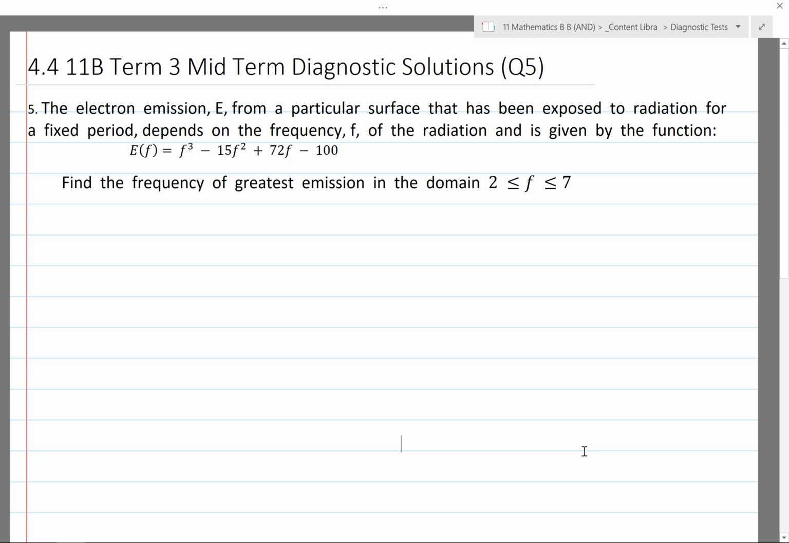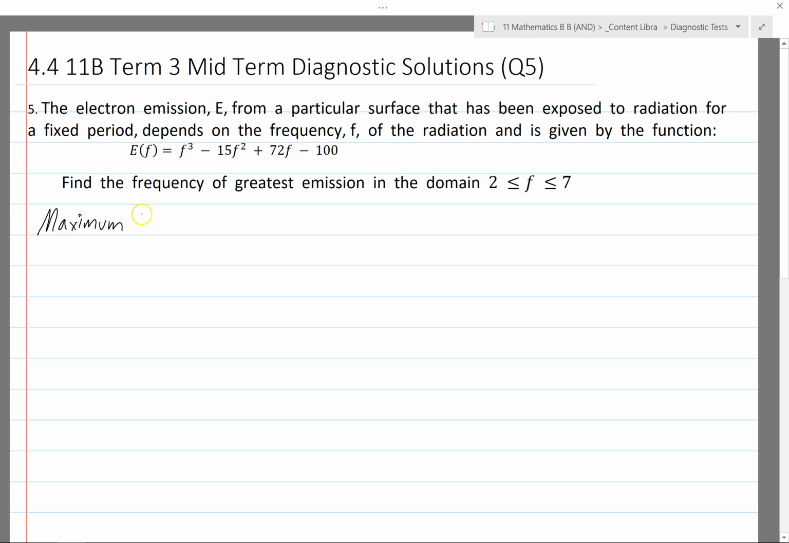A final question brings in a lot of your skills. Electron emission from a particular surface that's exposed to radiation. Here's your provided equation. Okay, find the frequency, f, for the greatest emission, E. So we're trying to maximize E. We've got a formula for E, so we'll just go ahead and try to find where the greatest emission will be. Okay, I know that